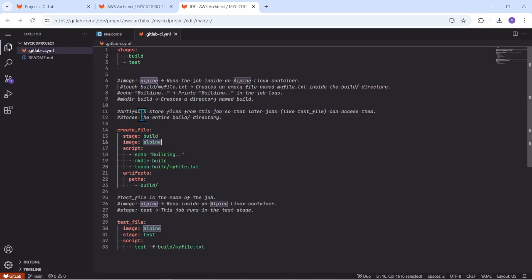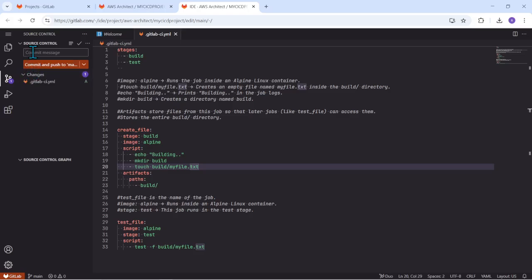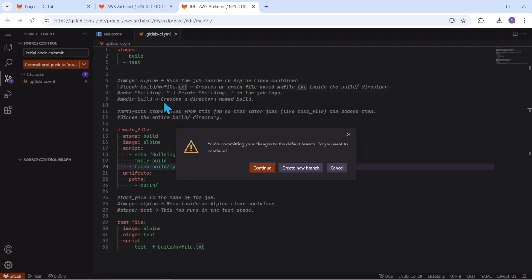Also, we are having artifacts here. These artifacts store files from this job so that the later job can access them. For example, if I want to access my file in the test stage, it can be accessed from here. So whatever details for various steps, I have mentioned it here, and we can understand by just going through these details. Now, once we are done, we'll have to commit them. Here we commit,